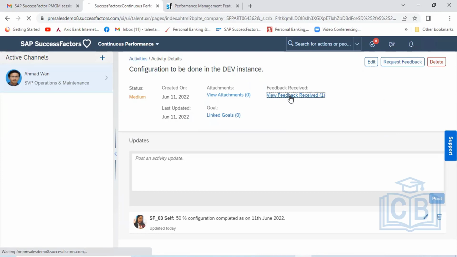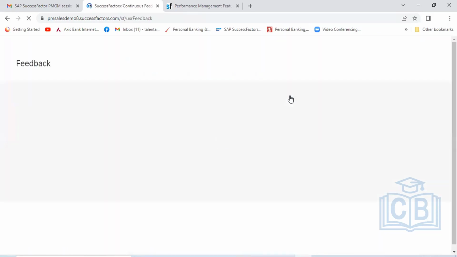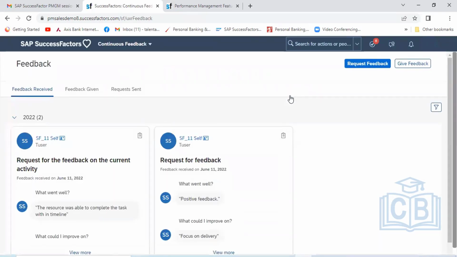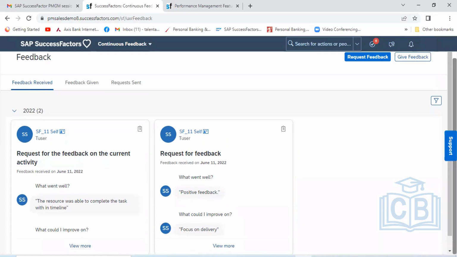When you click on here, you can see the feedback that has been received. This feedback is given by some other colleague, so the employee can go and see it.